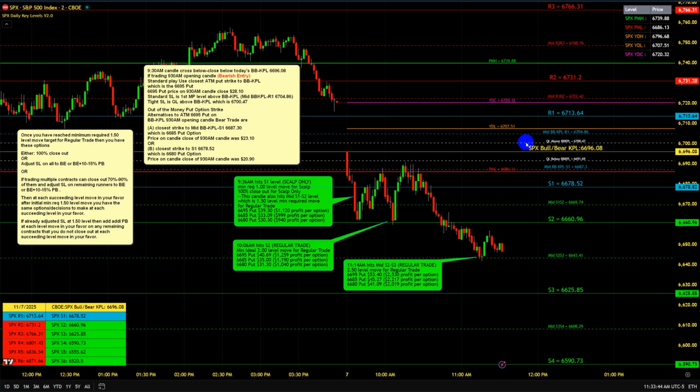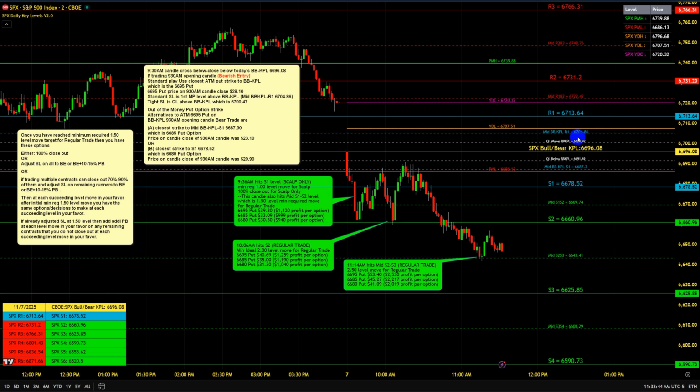Our two choices are, on any given level, the tight stop loss on a bearish trade from any level is going to be the QL above that level. So in this case, since it's the bull bear KPL, our tight stop loss is the QL above the BBKPL, 6,747. Your standard stop loss on a bearish trade is going to be the first midpoint level above the main level that you're trading. In this case, the bull bear KPL, so our standard stop loss is this level, mid BBKPL R1,